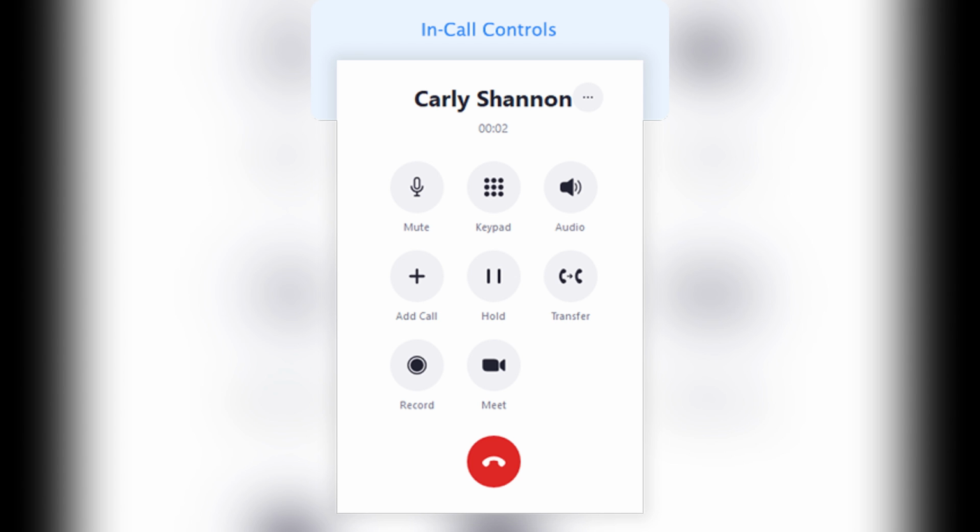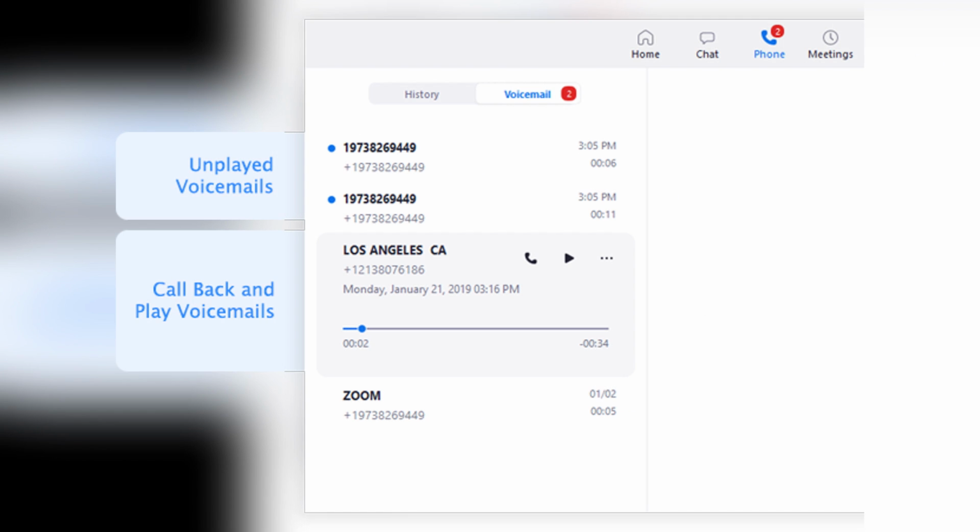Set up call handling rules like business hours versus after hours routing, voicemail and call forwarding, or auto receptionists and IVR menus. Go to Phone System Management and Call Queues. Create a new queue and assign members, or go to the auto receptionist to set up a virtual receptionist with